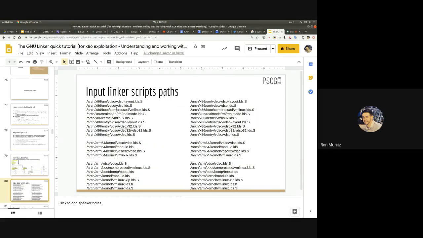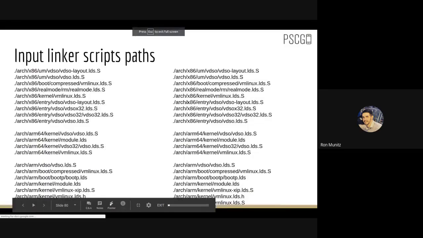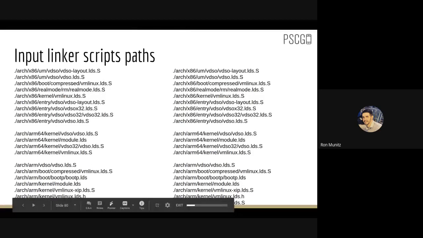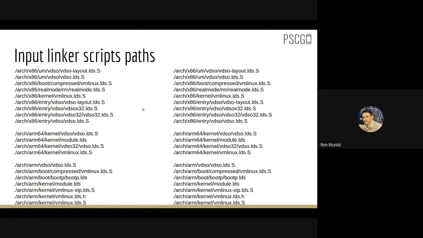So just so that you see some of the input linker scripts path, everything is going to be architecture dependent, okay? So these are on the left-hand side. Actually, this is a double copy. I wanted to put here some ARM one, so never mind. It's the same thing. And we have here on the left-hand side, we'll just pick one,